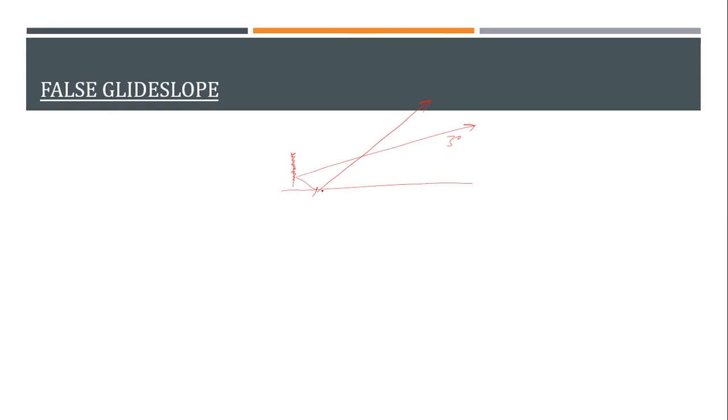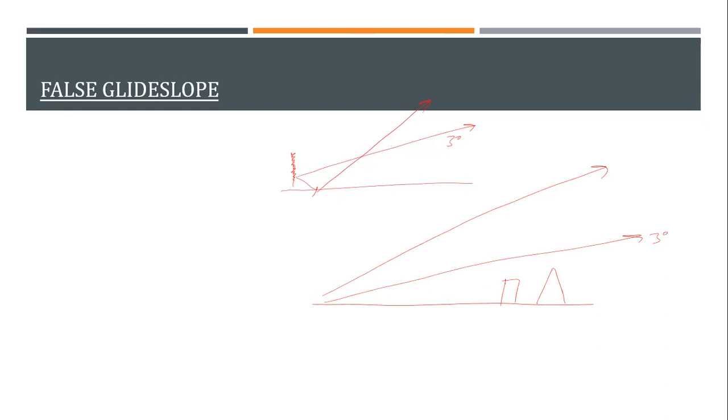Now these are not dangerous to you. Okay, why? Because what are we trying to achieve by a glide slope, vertical distance? Why? What are we achieving? If there is any mountain, if there are buildings, we are getting past through them without any danger. Suppose that we have a signal which is above this. We are clear of the danger. We are clear of the obstacle. So this is not a hazard to you.